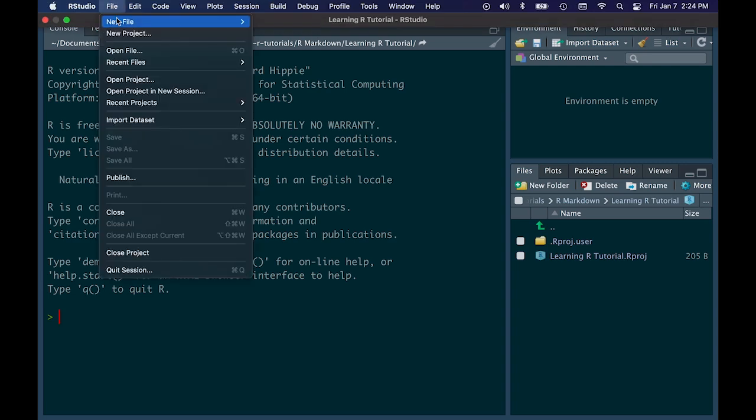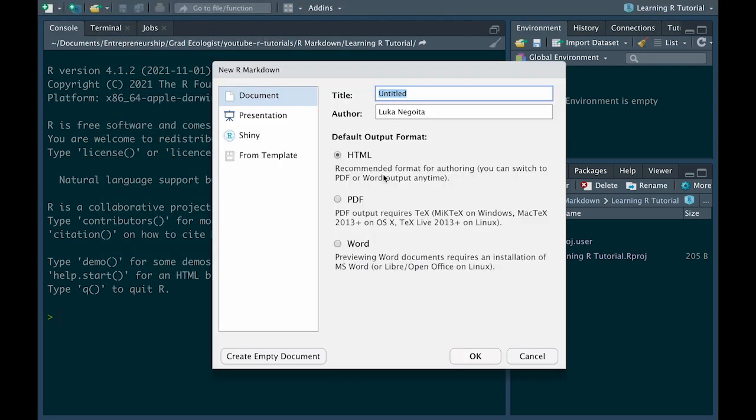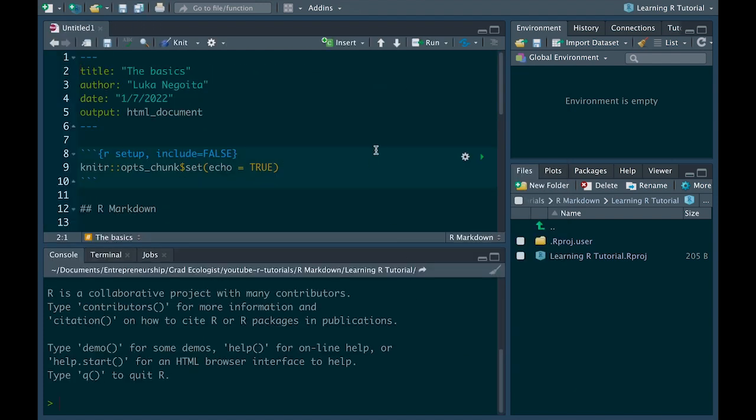Okay, then we're going to go to File, New R Markdown, and we'll call this the basics. So we're going to create the first one that's called the basics. The key is to create separate R Markdown documents as you go through each of the major sections of learning R. After you're done with the basics, maybe you'll create one called data visualization, one that's all about uploading data, one that's about data wrangling. In the course that I offer, the Basics of R for Ecologists, the course is broken down into major modules that cover these general themes.